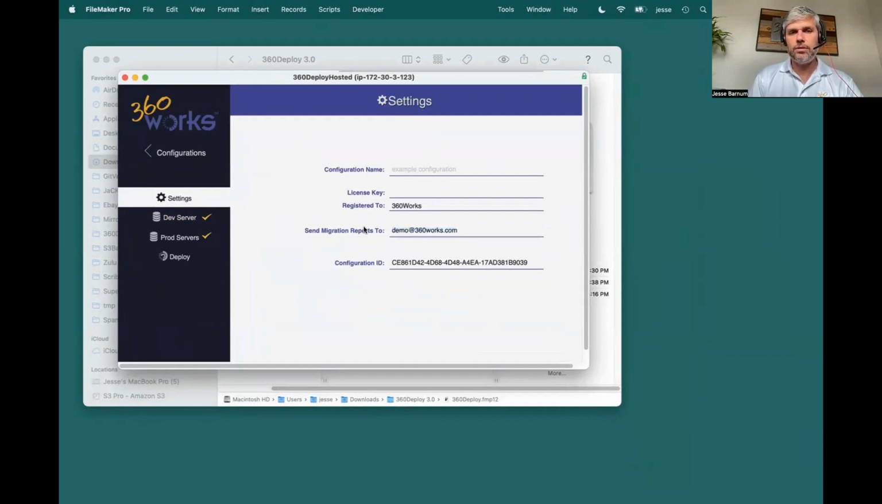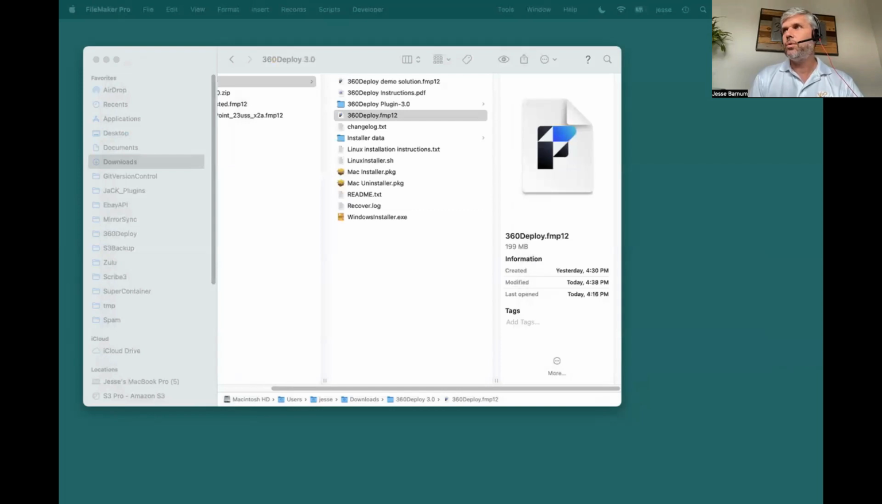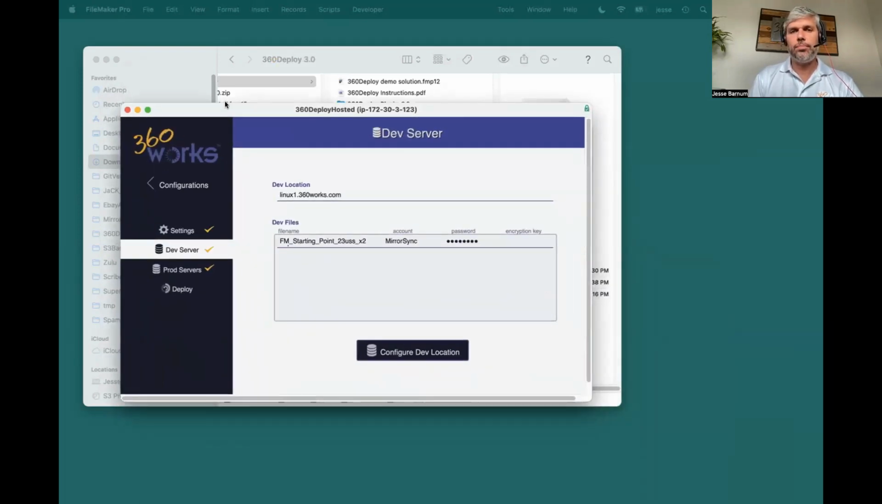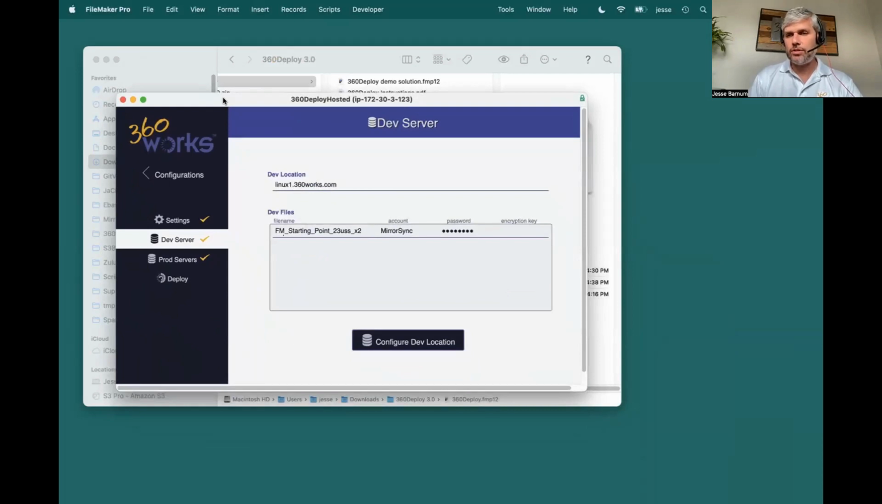But what I want to do, this is not a requirement, but I noticed that I've got this migration report set to go to demo@360works.com. What that's going to do is that when I run my deployment, I'll get emails when it starts and I'll get emails when it stops, which is great if it's running in the middle of the night and I want to know in the morning